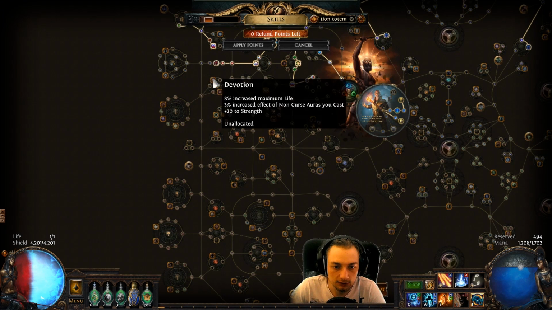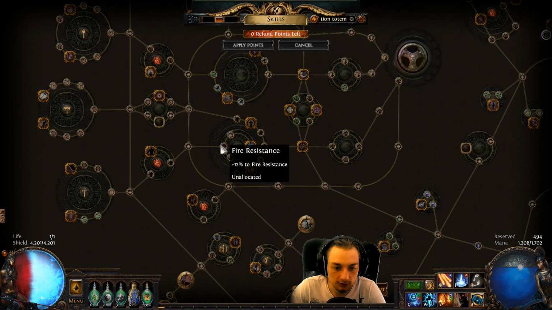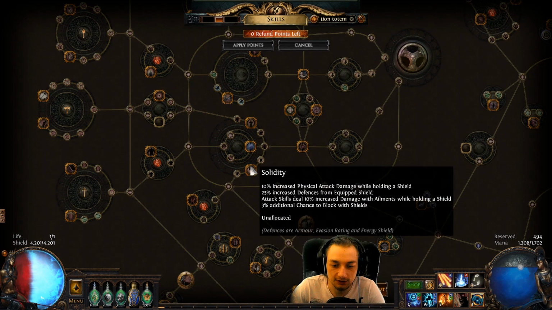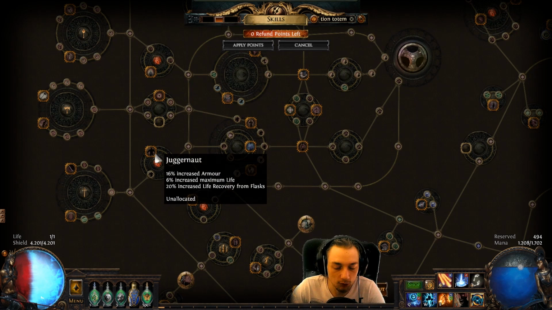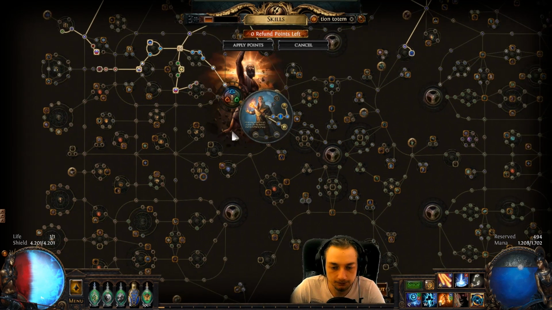Wasn't there like other resistances somewhere down there also? This one. 12 cold resistance, 12 cold, 12 cold, and this is everything. This is such a nice pure resistance area here. You get movement speed, life regeneration, and armor. Damn it, that's just great. This whole thing is so good. You get tankiness and more tankiness and even more tankiness. So